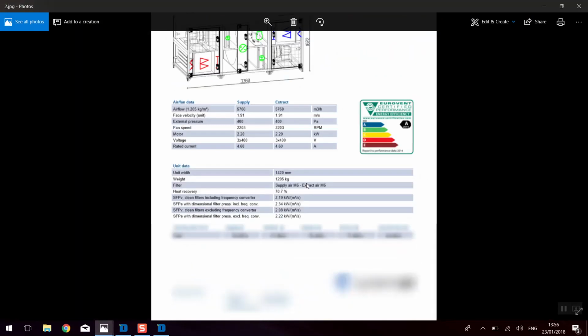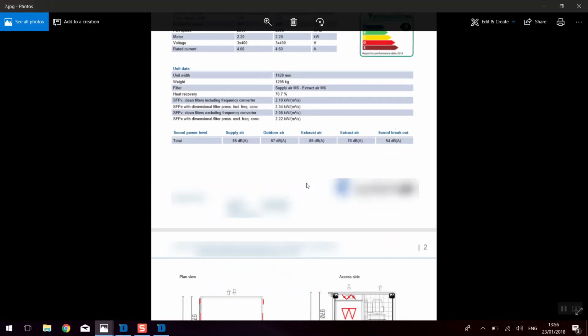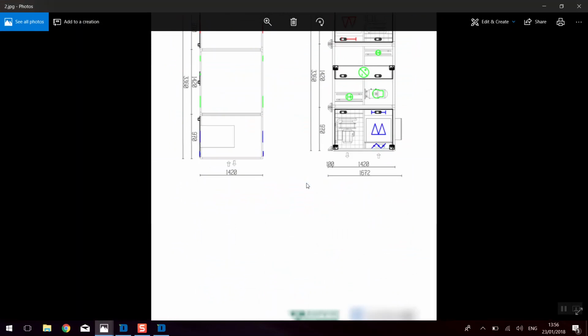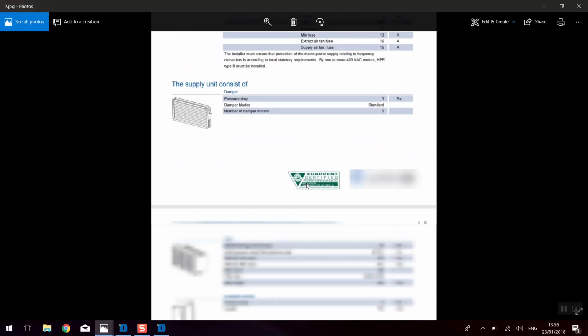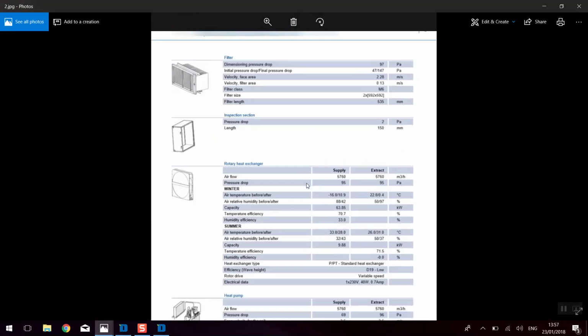to the next one, and here also everything looks very good, well designed, very professional. We go straight to the rotary wheel, and here you can see that the temperature efficiency of this wheel in winter mode is 17.7, which is a quite good efficiency, but the